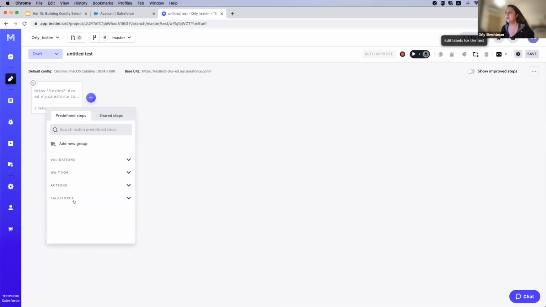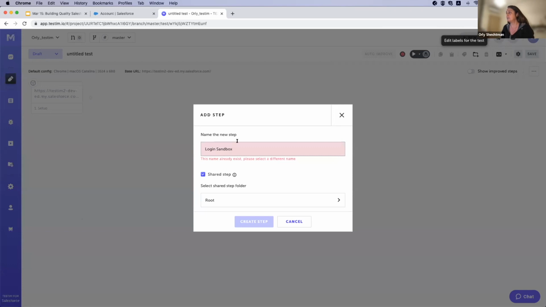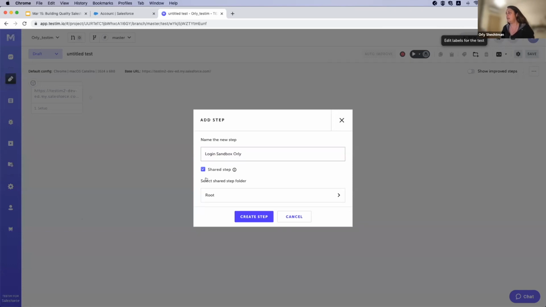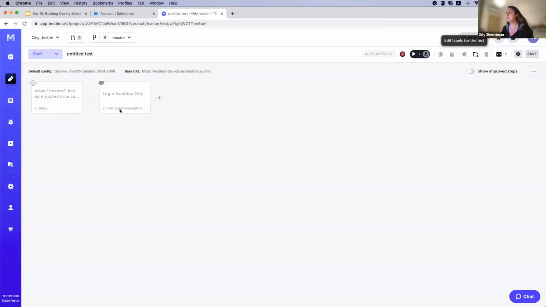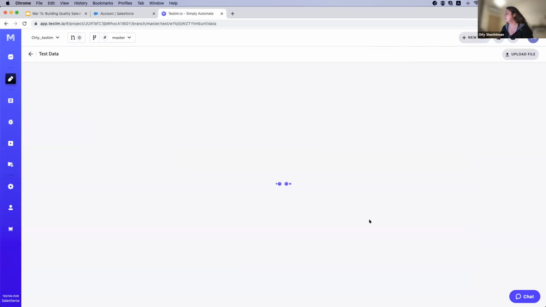First of all, I want to show you the ability to overcome the side challenge that we talked about, which is the login. Testing for Salesforce has a special out-of-the-box step called the login step, login sandbox. Let's call it Orly, to be unique. With this step, all the login functionality is covered by testing, overcoming all the challenges, and just logs you straight in. As a best practice, I'm always parameterizing